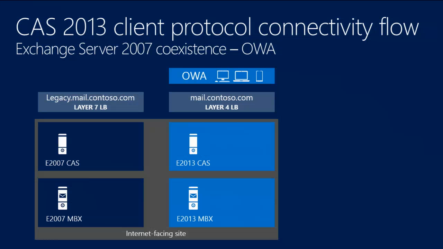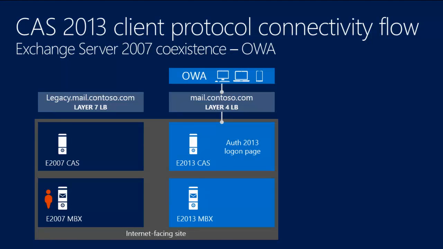Now, what about 2007? This is one of only two scenarios where the legacy namespace thing still comes into play. We did not write OWA 2013 to be able to proxy to CAS 2007 for OWA. Too much work, and we couldn't make the changes required on 2007, as I said before. So in this scenario, we have the same behavior that we did for 2010 to 2007 as well, which is the user hits the new FBA page, in this case 2013, and we locate the mailbox. And the mailbox is on 2007 in the same site, and we have the legacy,